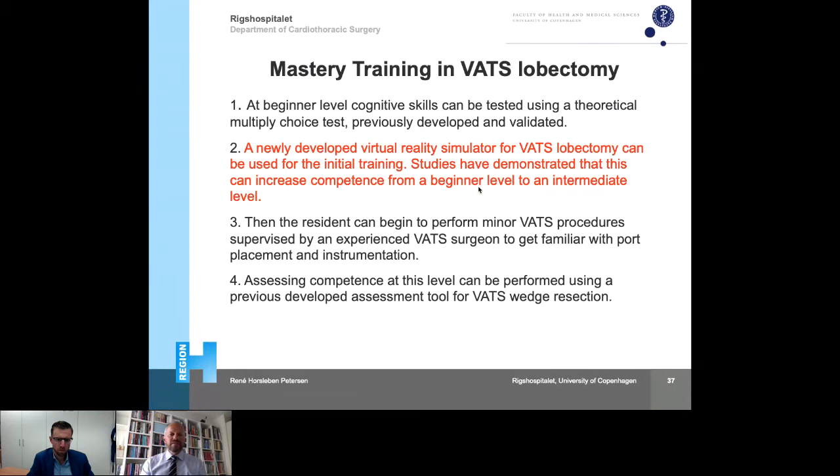Second, I believe it's important to expose young surgeons to virtual reality simulation for vasculectomy in the very initial trainings, based on the studies that demonstrate that you can increase the competence from a beginner level to an intermediate level. This is a safe way for our patients that surgeons can get familiar with how to use the instruments,